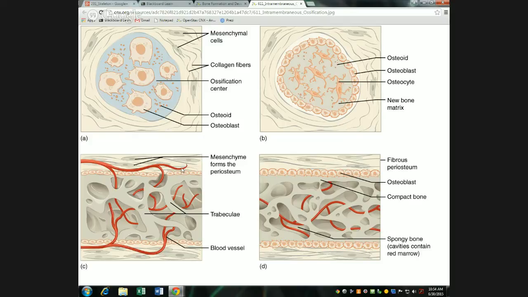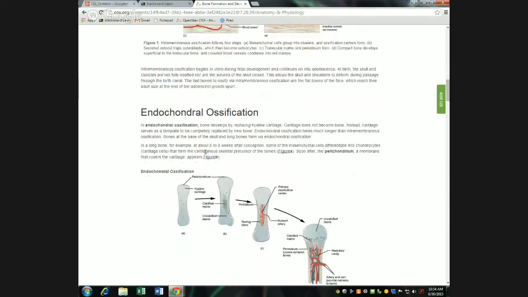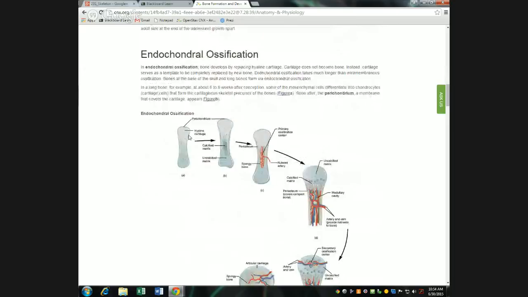That's intramembranous growth. Endochondral ossification is when we start with a cartilage bone shape that then calcifies. Now, in this series of pictures, they're showing how a long bone goes through this process. So in the middle of the long bone, what's going to end up being the diaphysis, the same sort of thing happens. An ossification center forms in the middle of that. It grows out, becomes very spongy bone,